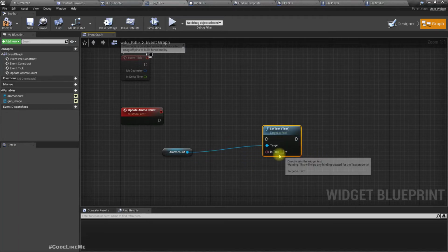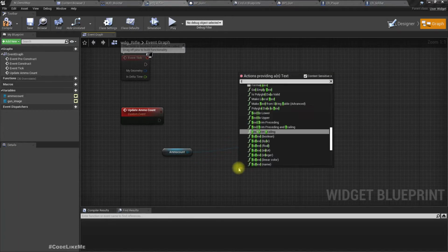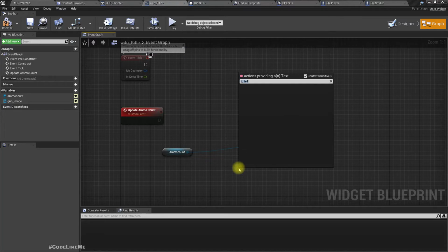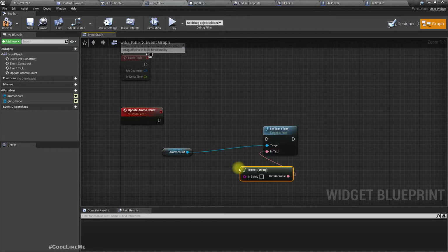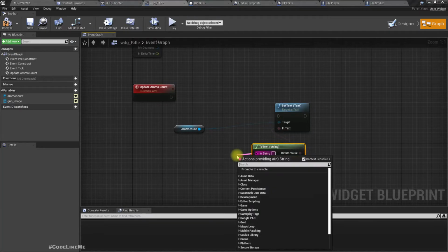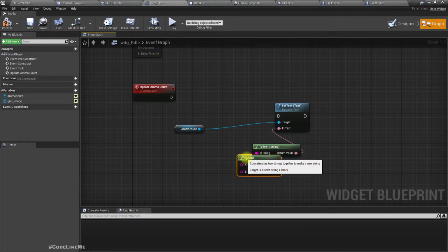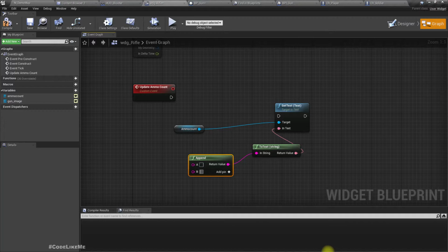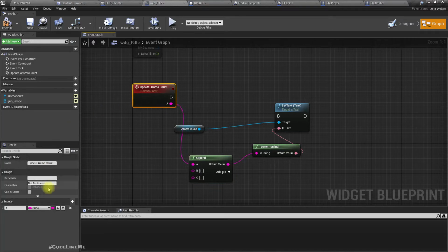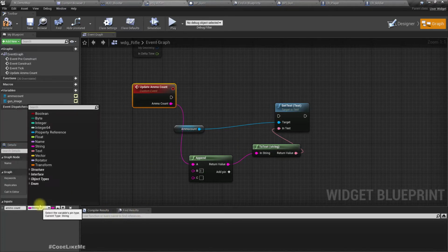We can't have string operations here, so string to text. Okay, now here we can have an append. So in the middle I'll put this divider, and this one I'll promote as ammo count. So this should be an integer,